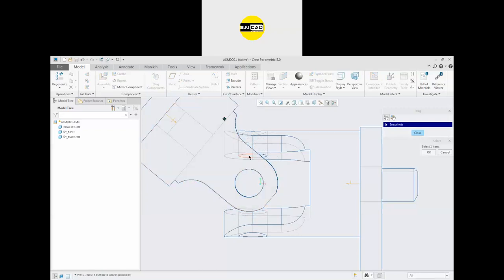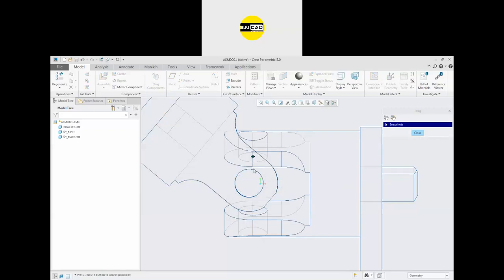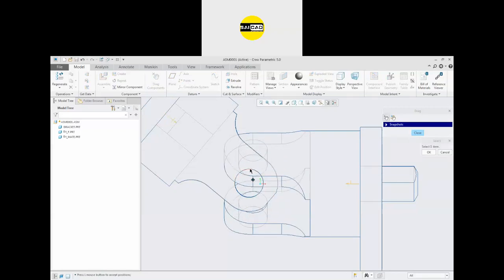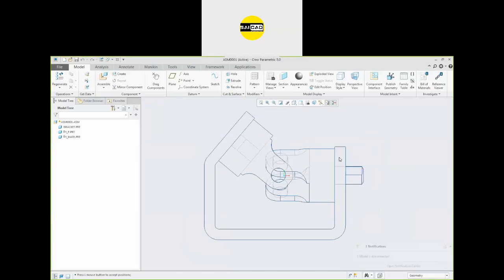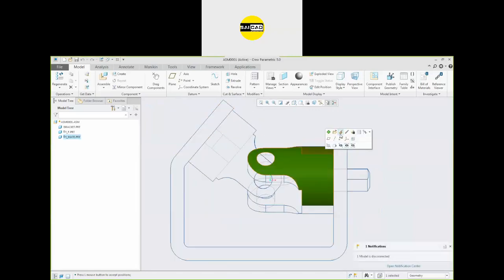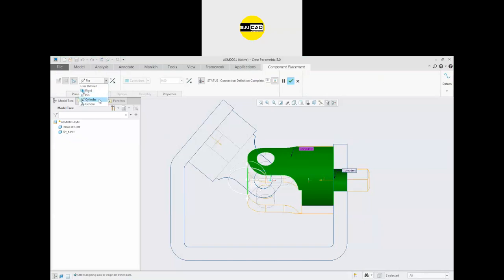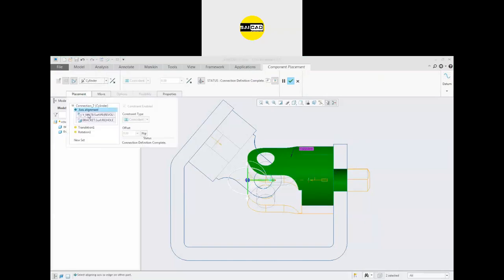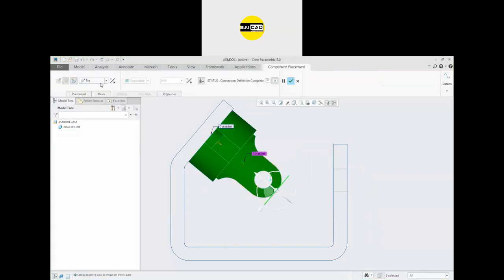Drag it like that. You can see both the objects have different centers. This one has the center right here, and this one has the center around here. So those two objects should be aligned at the center somewhere here. So how can you align them at the center? Go to the edit, define the relation cylinder instead of the pin, click OK. Again, go to the edit, define the relation cylinder instead of the pin.